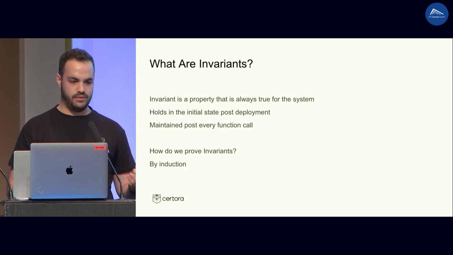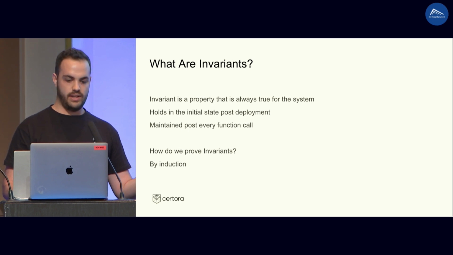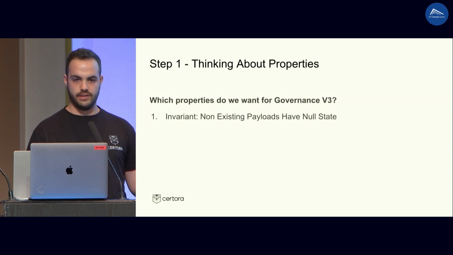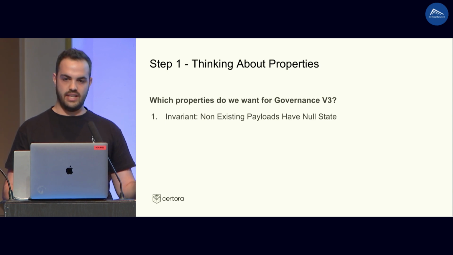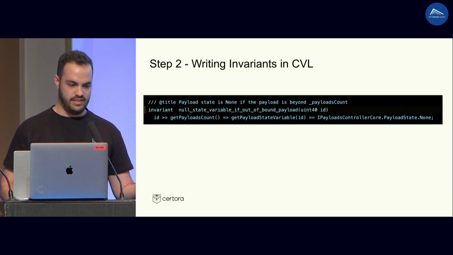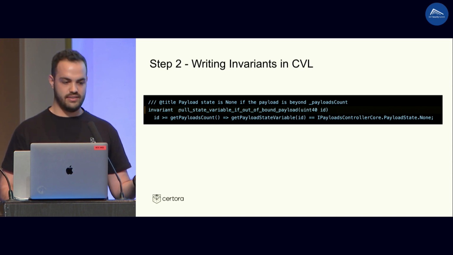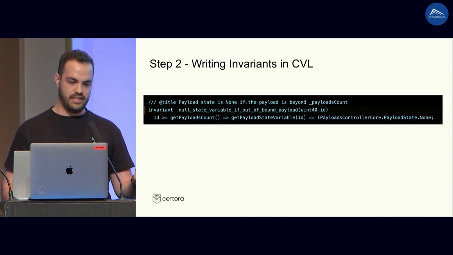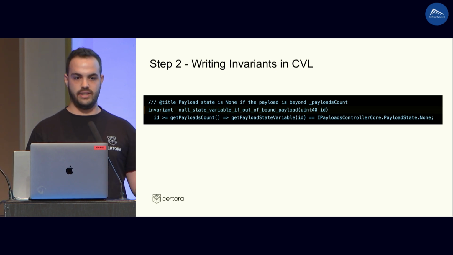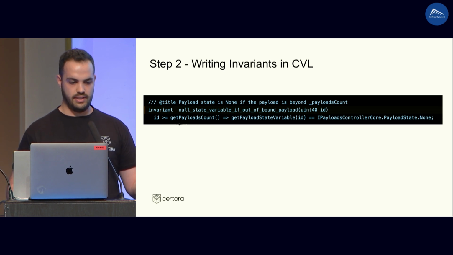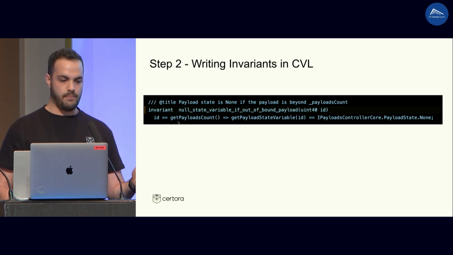So why am I explaining this to you? Because now we can understand the meaning of this statement. This is an invariant that represents exactly this property, that non-existing payloads have a null state. The non-existing part is here because, let's start with the invariant keyword. This is the type; before it was a rule, now it's an invariant. And then this is the name, and then you have the uint40, the payload ID. So if the payload ID is greater than the payload count, the left-hand side of the statement, that implies that the